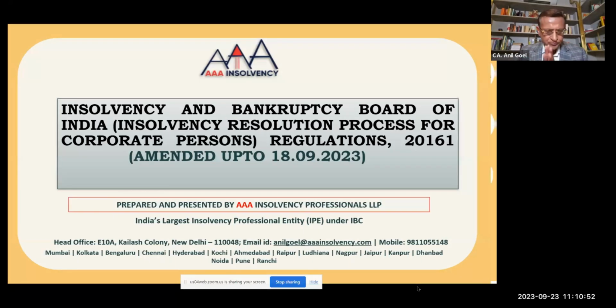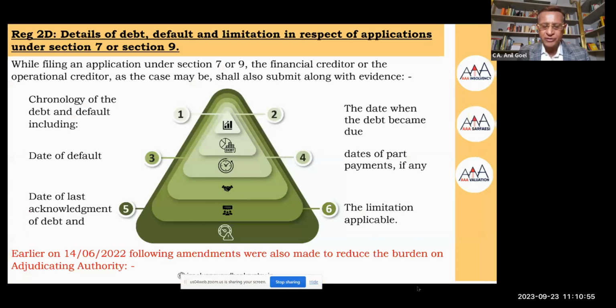So let us understand what exactly IBBI means by this. The first one that we are taking up is regulation 2D, where IBBI has inserted a regulation 2D with the intent that some of the information which is required by the adjudicating authority should be part of the application. The issue of limitation, debt and default, and the limitation period is supposed to be inserted in the application form itself. The newly inserted regulation 2D says that while filing an application under section 7 or 9,